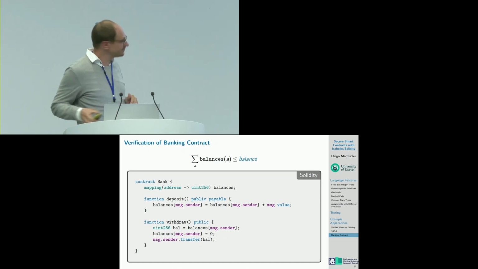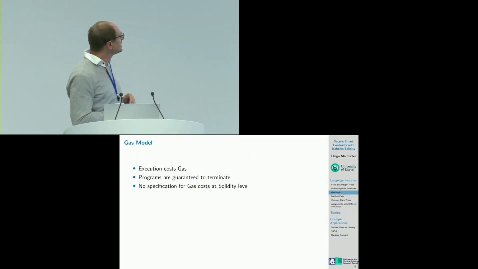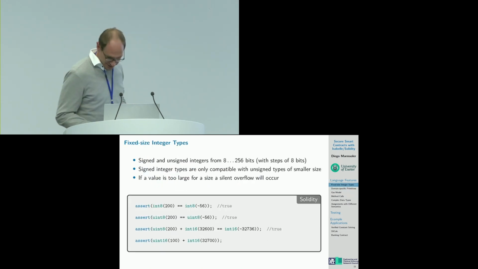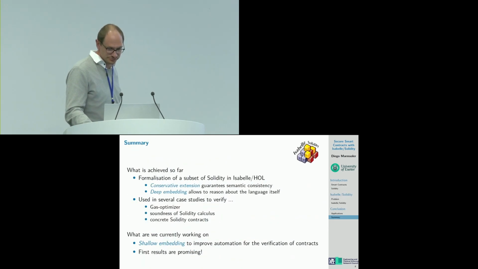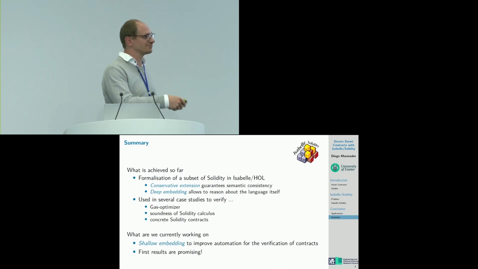One is what I mentioned here, that many of the approaches which we have seen basically rely on several axioms in the formalization of their approach, and therefore we try to avoid axioms and focus on a definitional extension of Isabelle to have a higher guarantee of semantic consistency. And indeed, as I said,